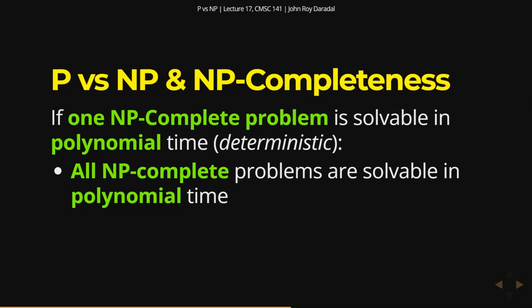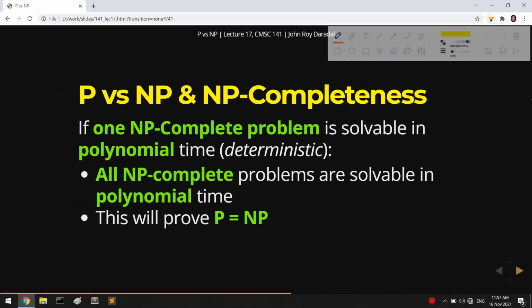Well, that means that all NP complete problems are also solvable in polynomial time, right? Because we could just reduce these NP complete problems into that one problem. And this will prove that P is equal to NP. Because remember that all NP problems, okay,